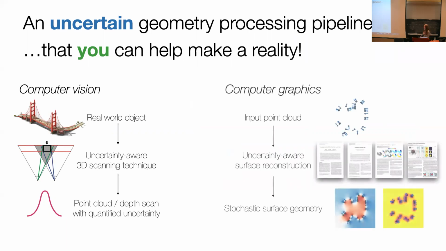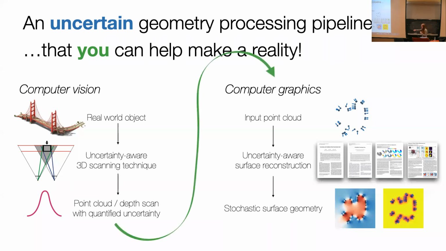And then there are algorithms like ours in computer graphics, where our input is a point cloud, and we quantify the uncertainty of the reconstruction. Weirdly, we never talk to one another. So I think a promising avenue for future work is to do this arrow that goes from one to the other. Basically, instead of taking an input point cloud, let's take a specific input point cloud, which comes from a specific 3D scanning